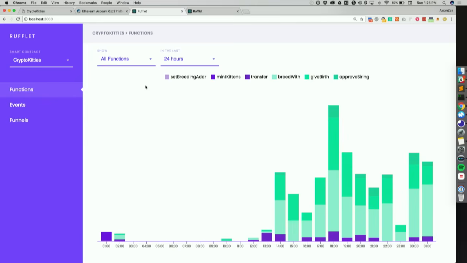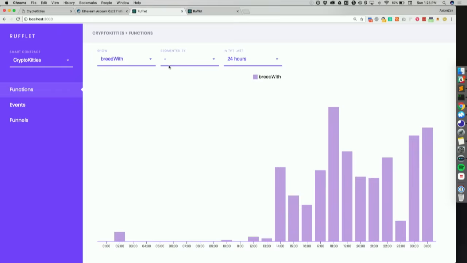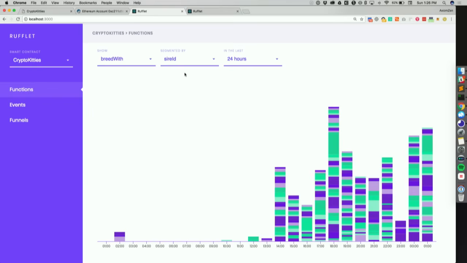We can also monitor functions. So you can see here all the functions happening. You can filter, segment by different functions like sire, which is like the male cat. We can see that this cat here, 216, was the father of 14 kittens at 6 o'clock,